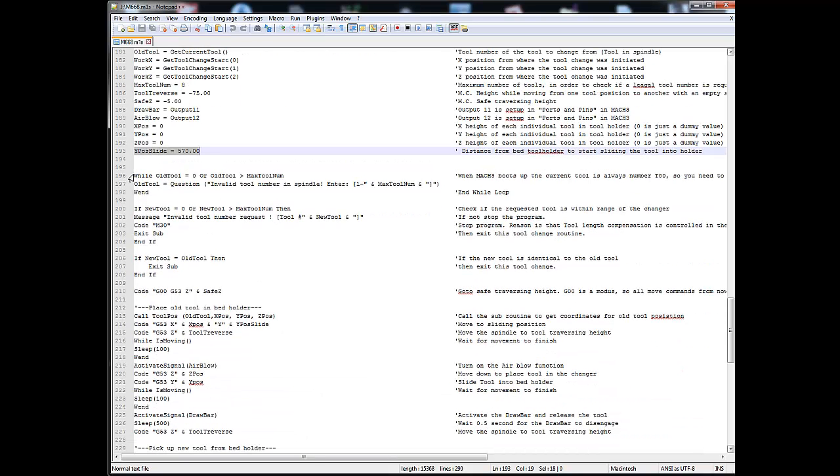So here my routine states that while the old tool is equal to 0 or the old tool is larger than the maximum number of tools, then it will say it's an invalid tool number in spindle. You have to have 1 through 8 in the spindle, otherwise it doesn't know what to do. So again, this is coming from my original M6. So if the new tool is 0 or the new tool is larger than the max tool number, say invalid tool number request,